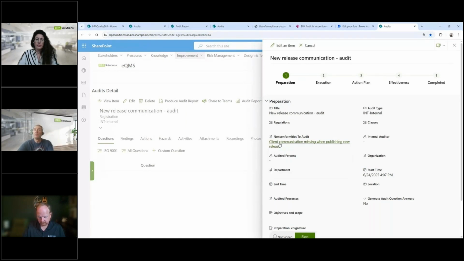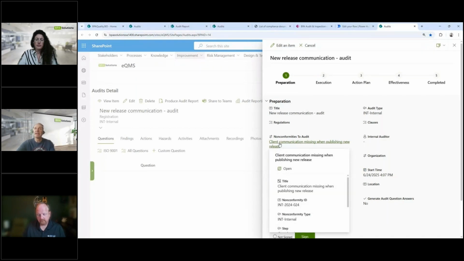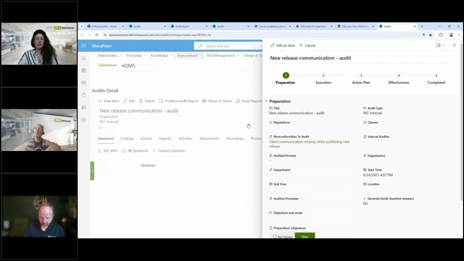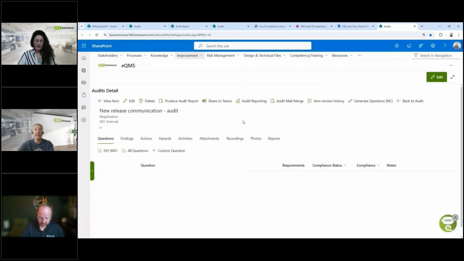Like client communication is missing when we publish a new release. And when publishing a new BPA release, for example, we'd like to check whether client communication is done correctly, and let AI ask or propose related questions to check if we have documentation regarding this, to prevent such a nonconformity from occurring or occurring again. So here we can fire this